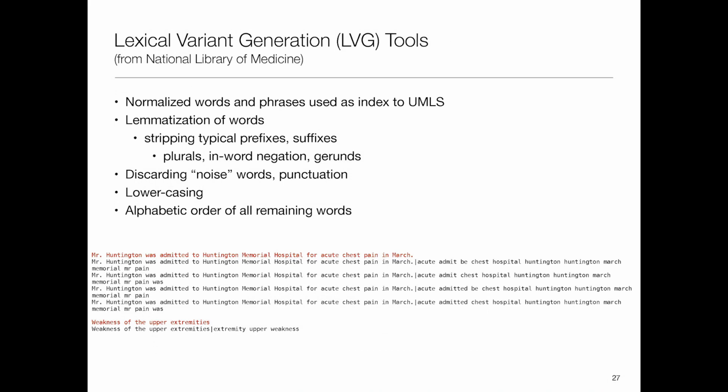There are also some tools that deal with the typical linguistic problems, that if I want to say bleeds or bleed or bleeding, those are really all the same concept. And so there's this lexical variant generator that helps us normalize that. And then there's the normalization function that takes some statement like "Mr. Huntington was admitted, blah, blah, blah," and normalizes it into lowercase alphabetized